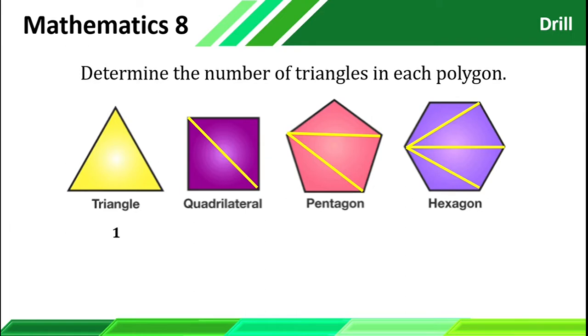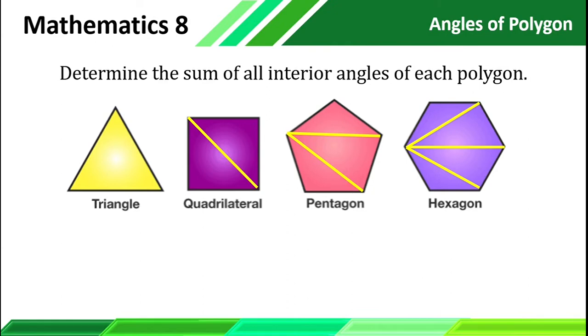So for a triangle, we have one triangle. For a quadrilateral, we created two triangles. For a pentagon, we have three. And for a hexagon, we have four triangles. So here, we can create a formula to determine the number of triangles, and that is n minus 2. And for us to determine the sum of all the interior angles of each polygon,